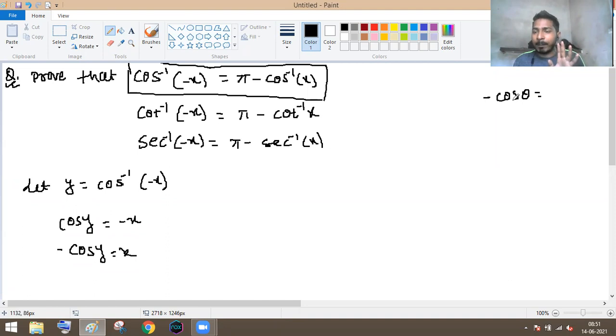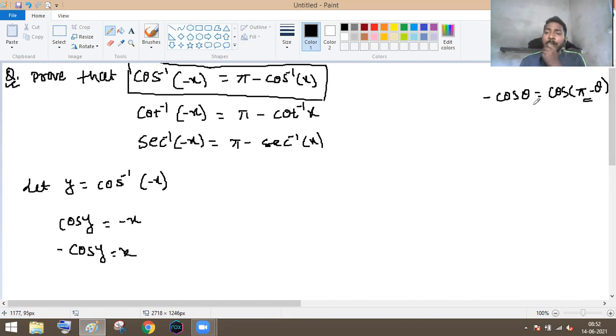So we will not get it there, whichever angle you adjust. In the second quadrant cos is negative, and in the fourth it stays positive. So we don't have any option in the first and fourth, but we have an option in the second quadrant. So what is the angle of the second quadrant, guys? Pi minus theta. Can we write minus cos theta as cos pi minus theta? Because this angle belongs to the second quadrant, cos will be negative, and there will be no effect of the complementary angle pi. So directly cos theta will come.